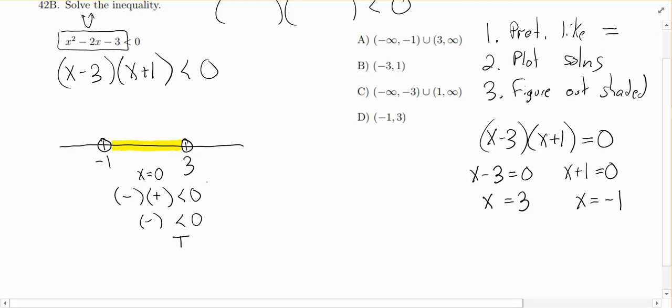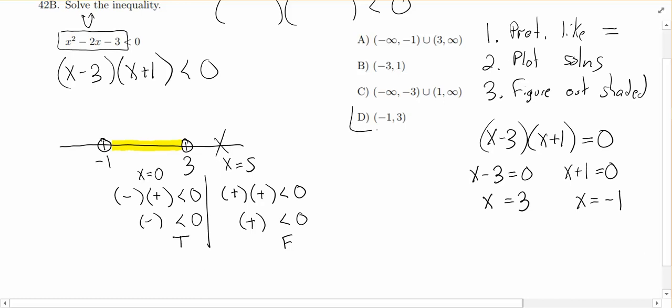And we could, of course, test that as well if we tested a point like x equals 5 off to the right here. 5 minus 3 is positive. 5 plus 1 is positive. A positive times a positive is a positive. Are positive numbers smaller than 0? No, so that shouldn't be shaded. So we should be seeing that the correct answer